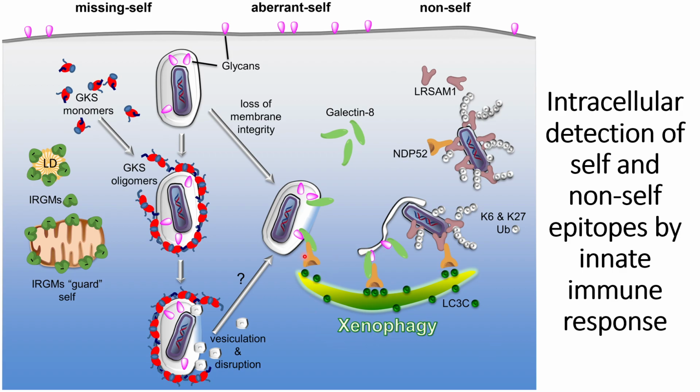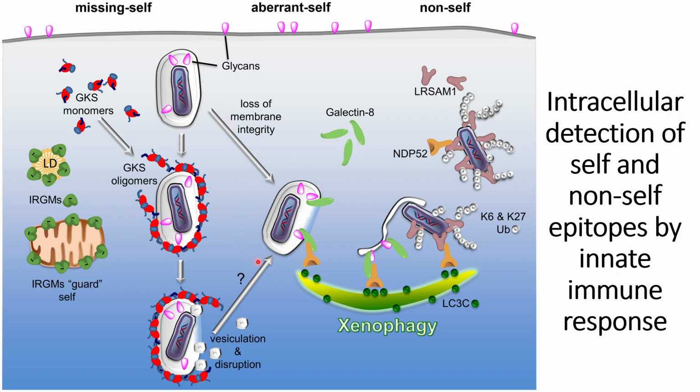And xenophagy, in short, we can consider it as autophagy, to take care of the foreign particles within the cells. And in the second part, that is aberrant self, what happens is that whenever a vacuole is formed, it is decorated by the glycans on the plasma membrane, and also within the lumen of the vacuole. And this thing happens both for the pathogen vacuole and also for the self epitope containing vacuole. And in the pathogen containing vacuole, these glycans disrupt the integrity of the membrane, and because of that, it leads to